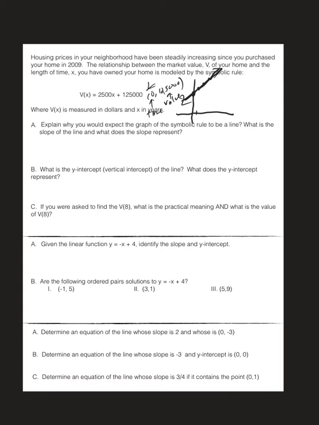I also would say that I would expect this to be a line just because it's in slope-intercept form. So if you have it in slope-intercept form, your variable is an x, not an x squared, not an x cubed, then you can expect it to be a line. Again, remember that the slope of the line is whatever is paired with the independent variable. So in this case, the slope of the line is 2,500, and that slope represents